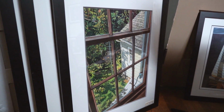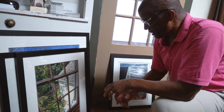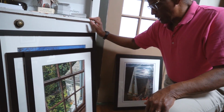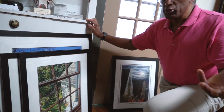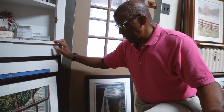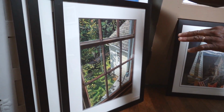And I've always been very, very precise and very good at that. Sometimes it's just a detriment because, you know, you're working and working, you erase a lot. And when I first started, I thought erasing was, you failed. But I realize now that the eraser is my best friend. So I erase more, and then when I start painting, I don't have to worry about where I lay the